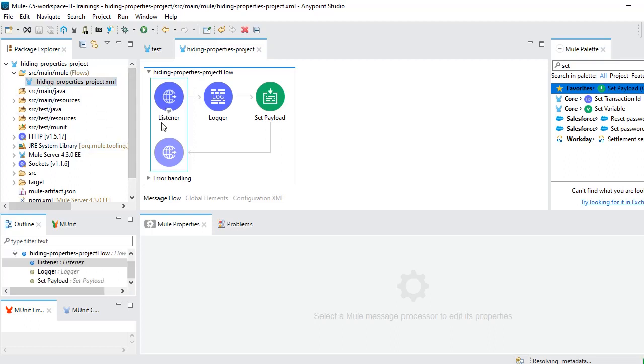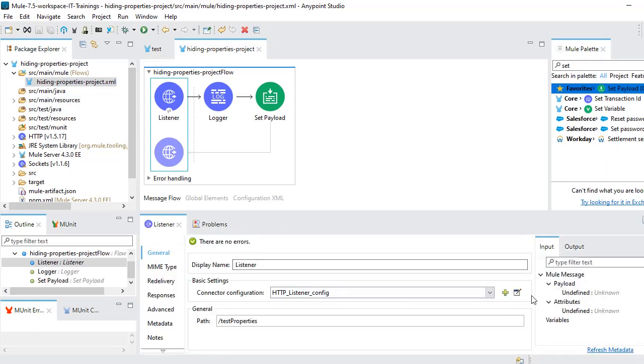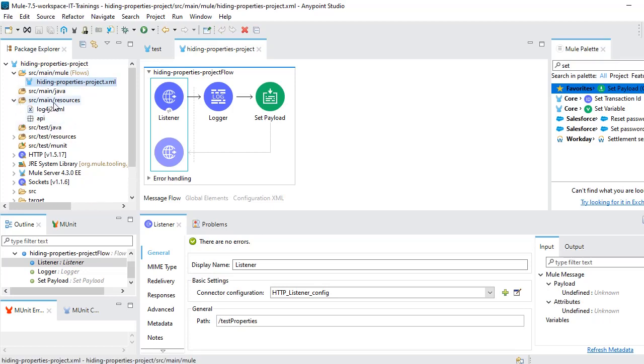Here, as you can see, we have given a static value, we have hard coded this value. How can we send this port number and the base path value from CloudHub properties? That's what we are going to see now. In order to send those values, we need to externalize the properties. For that, we will create one property file here.